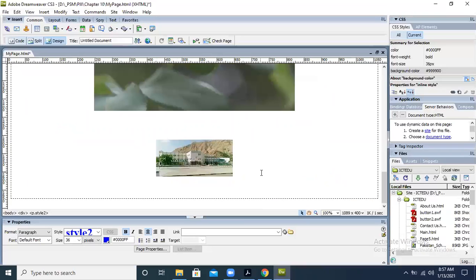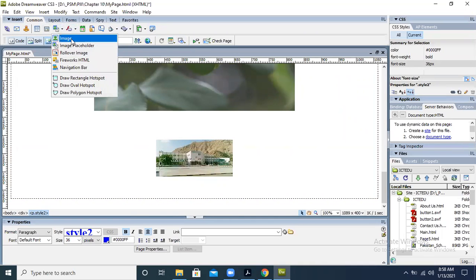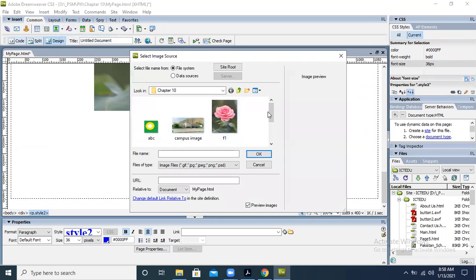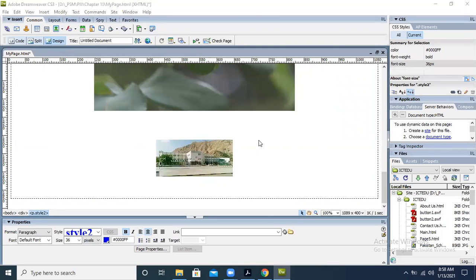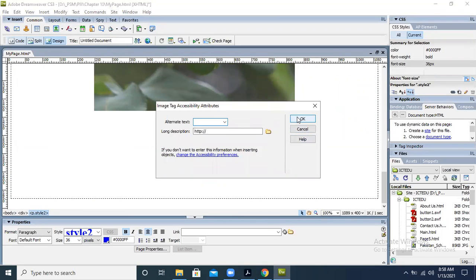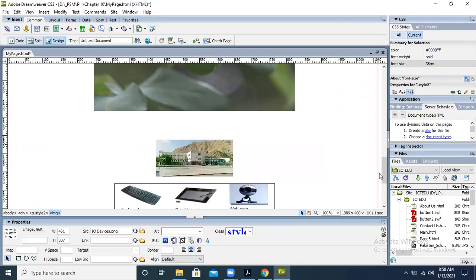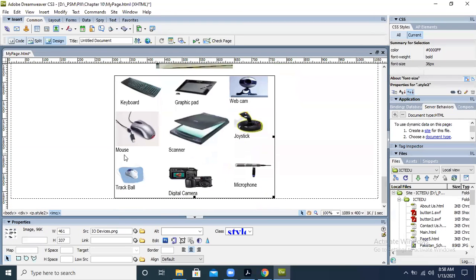I am going to insert one image in the center of this page. I have downloaded this image. I'm not writing any alternate text. So this is the image that I have inserted over here.